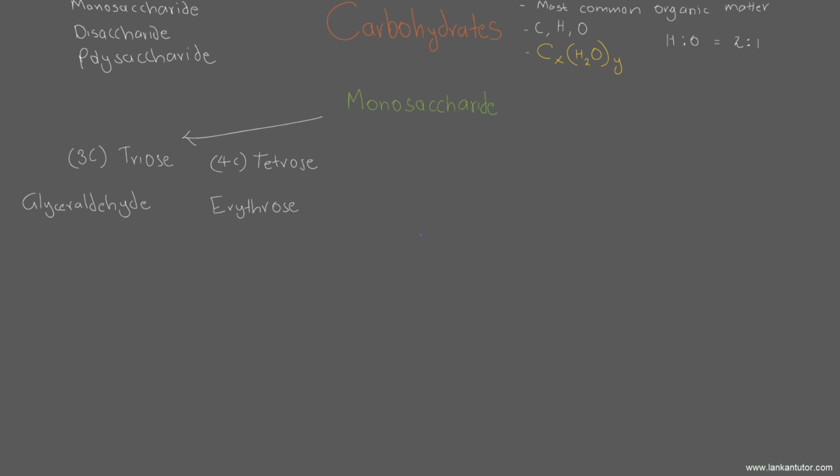It's very rare, so you don't really have to learn a lot about it, but you need to know that the example that we need to remember is called erythrose. So erythrose is a 4 carbon compound, or a tetrose. And then we move on to 5 carbon compounds. These are really common ones that everyone knows, but just remember that they're pentoses, and those are ribulose, ribose, and